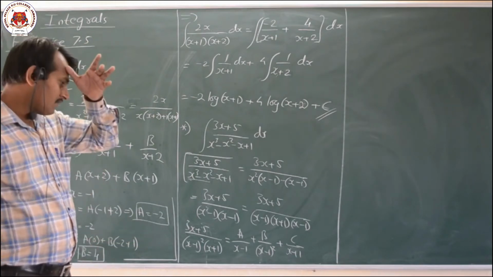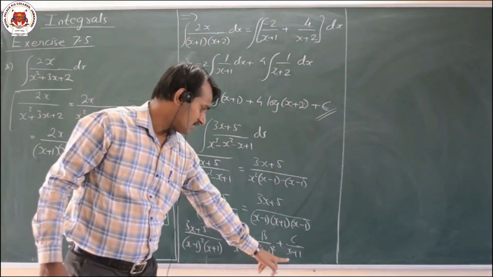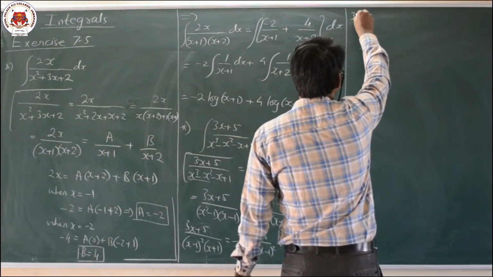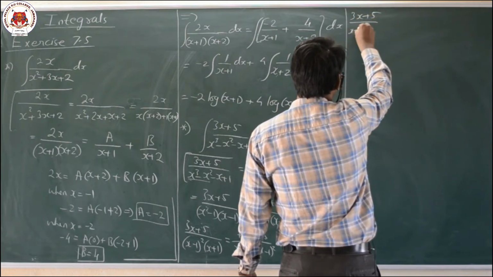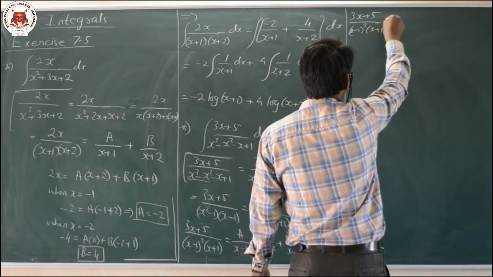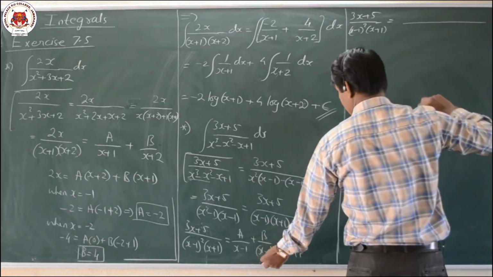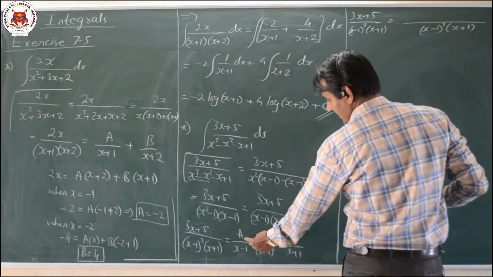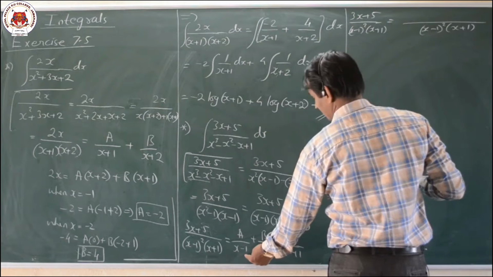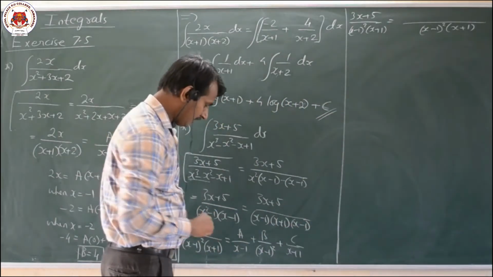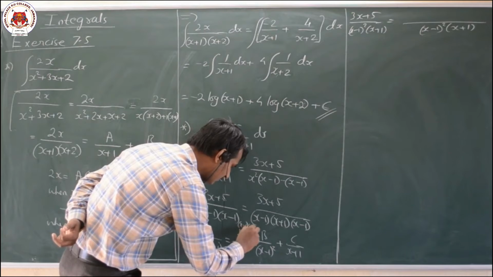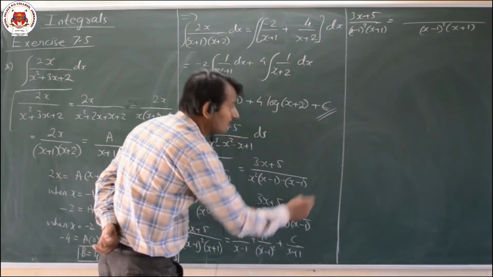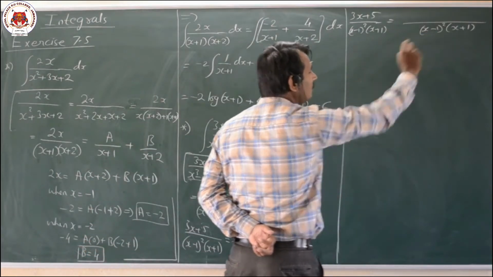Now easily I can solve it. So now what is the LCM of these three things? Let us see what the LCM will be. The LCM will be (x − 1)² into (x + 1). Now a into what value is equal to the LCM? A into (x − 1)(x + 1). Next term is b into what is equal to the LCM? The LCM is (x − 1)² (x + 1).